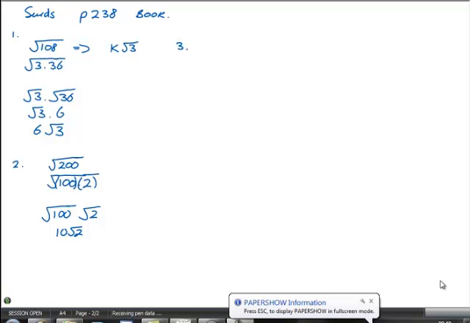Question 3. Express the root of 3 and 1 over 16 as a fraction in the form a over b, where a and b are an element of n. So they're telling you it's natural numbers, so it's not going to be a negative fraction, it's going to be a positive fraction. First job,